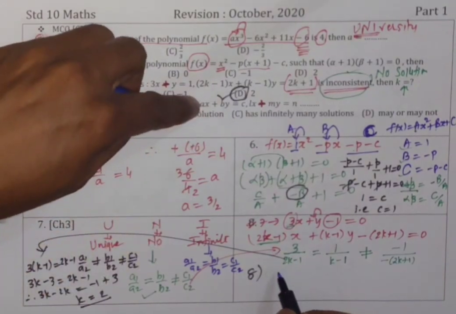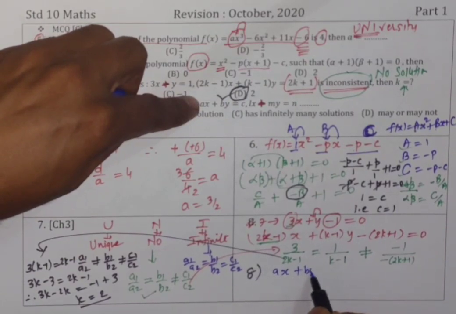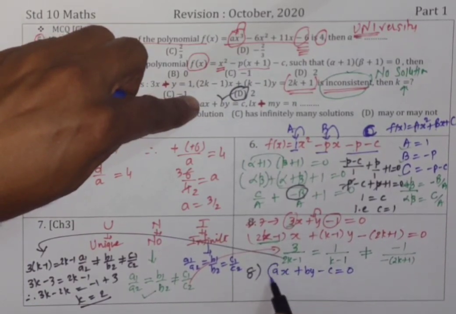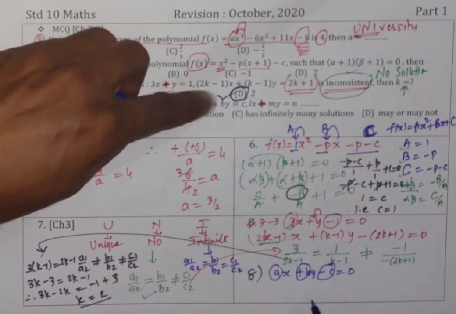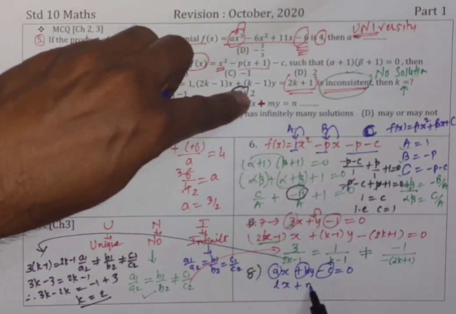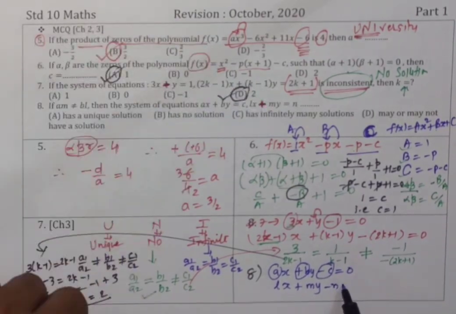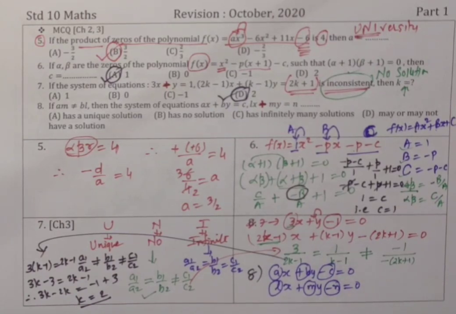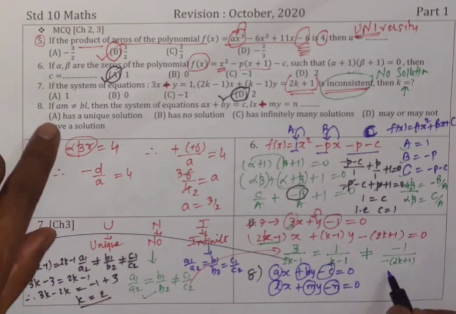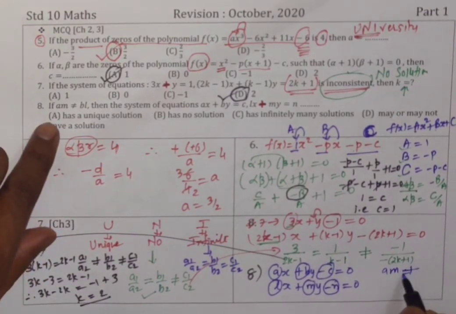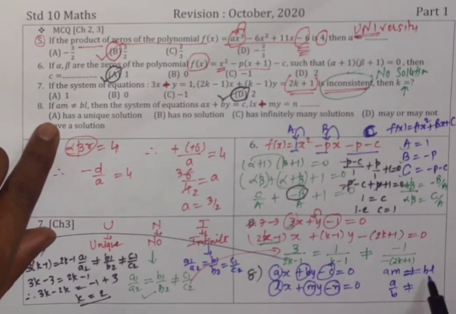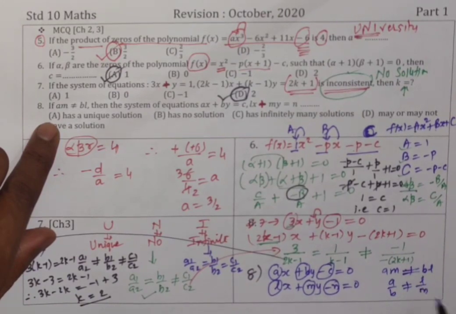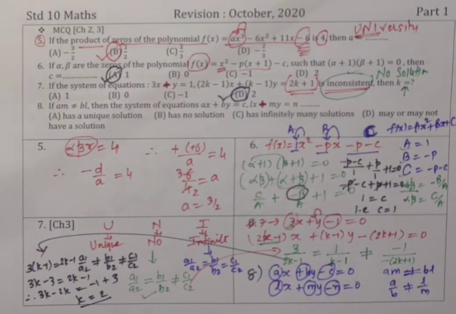So first let me write it in standard form. AX plus BY minus C equal to 0. So A1 B1 C1. Okay, then LX plus MY minus N equal to 0. This is A2 B2 C2. All right, here not equal to is given. Okay, AM is not equal to BL. So A upon B is not equal to, bringing B to this side, L upon M. Now see.